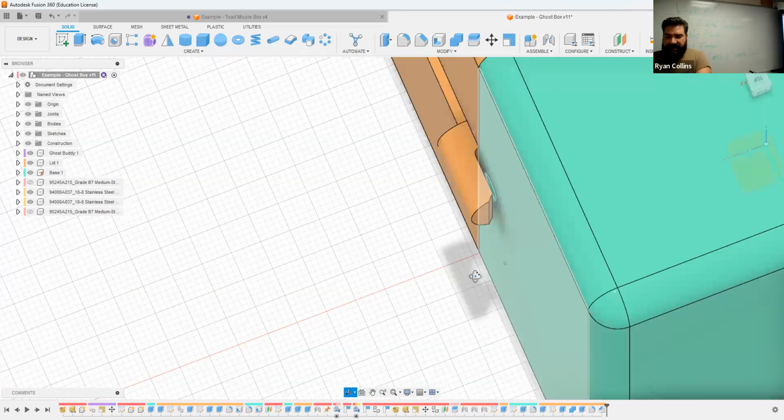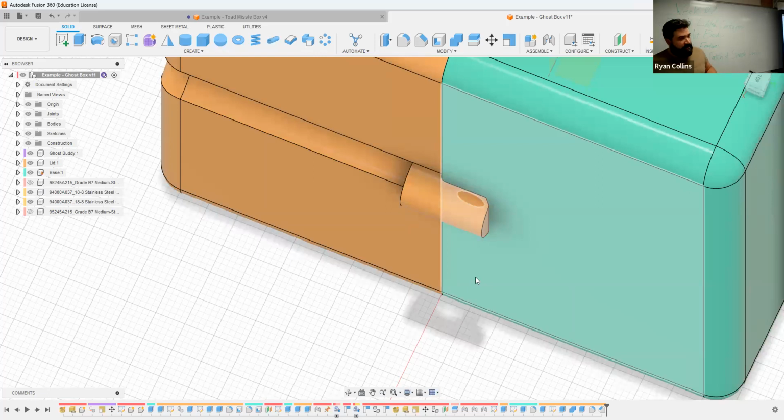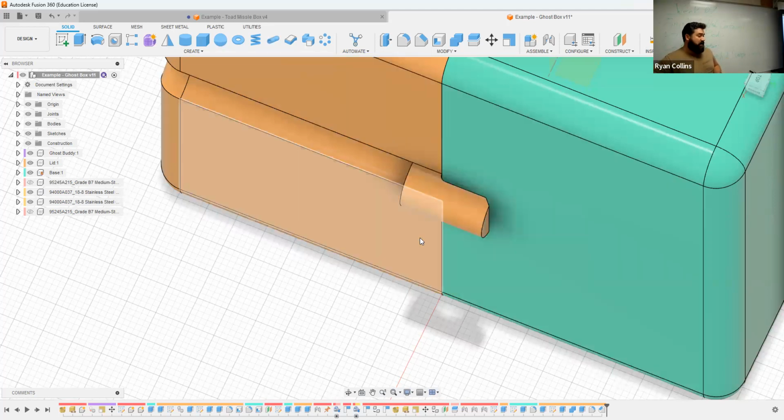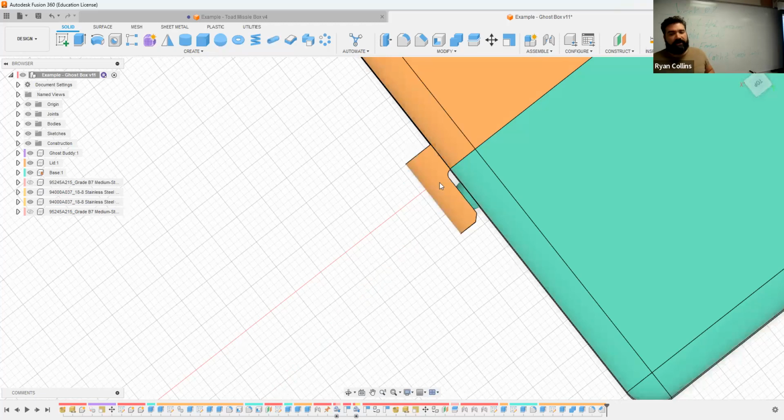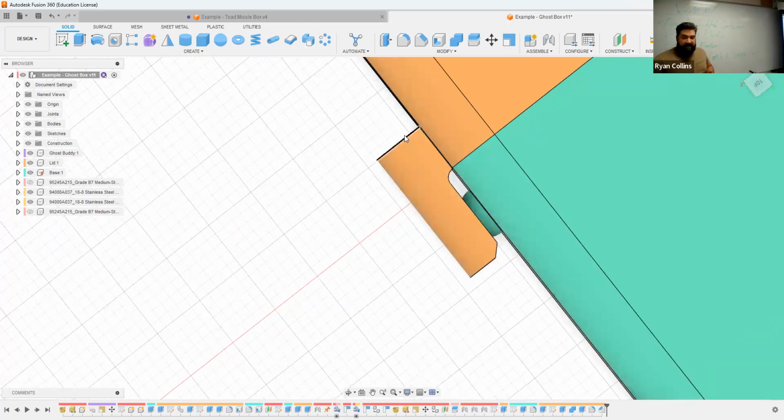Ultimately, I'm showing you how to work on this tab, this little thing. You don't have to make a catch. I just wanted to give you an option, but you do have to create model features, and this is just a good feature to have, because if you wanted this to actually snap closed. But the thing with a latch like this, ideally, I would not have made it a semicircle. It's fine if it is, but you're utilizing the slight flexibility of a 3D print or of a plastic printed object. The issue is we wanted to add these fillets and such, and it probably would be good to add more up here because, yes, it's a 3D printed object in plastic, but, and let me